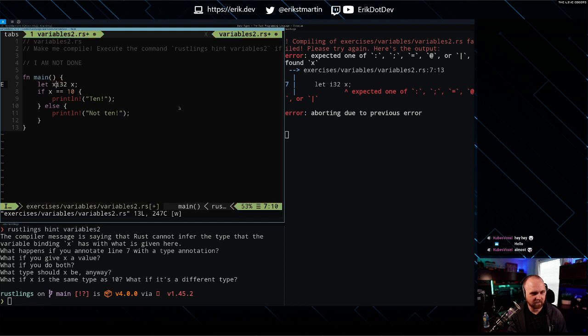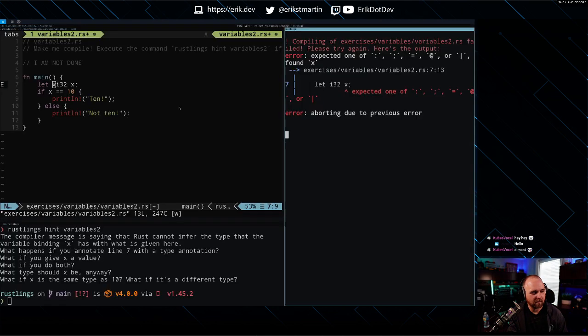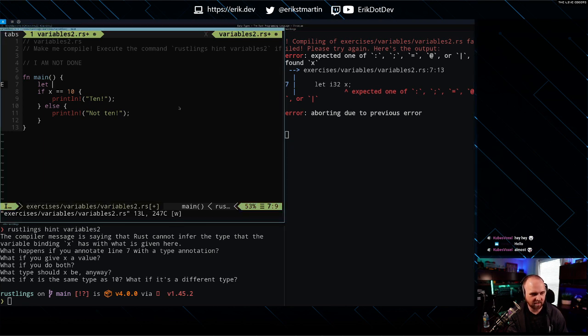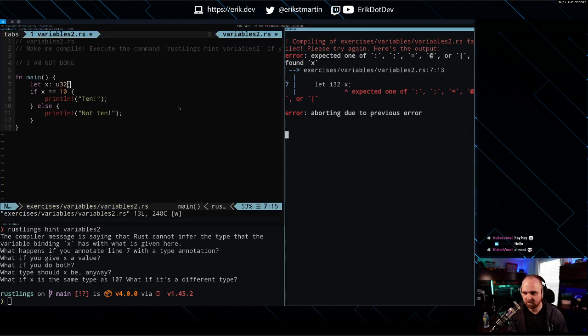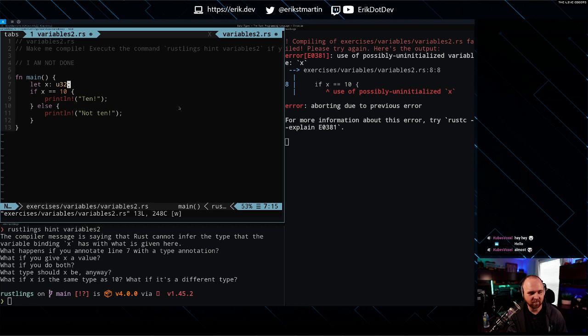It's let x. Wait. Yeah, it is like with the colon. I was worried that I was going to mess that up. So it's let x: u32. Right. Use of possibly uninitialized variable. Was it initialized before?